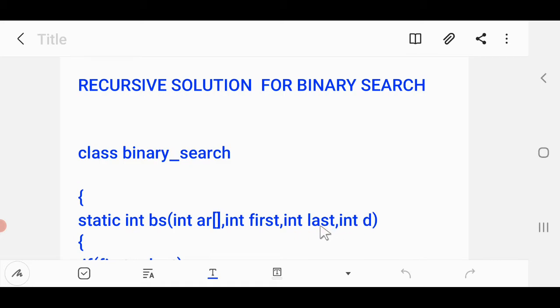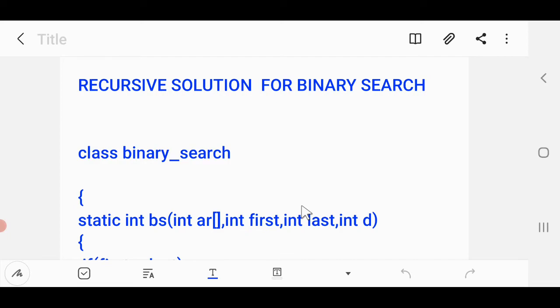So students, here you can see that all the things are there, and you are clear about why they are required, because you have just studied binary search: the array where the search is to be performed, first is the beginning index, last is the last index of the array, and d is basically the data to be searched. And students, recursion is all about calling the function by itself. That means the function call for a particular function is embedded within its own function definition. This you are already aware of. If you're not, please do watch my previous videos. That is a must.